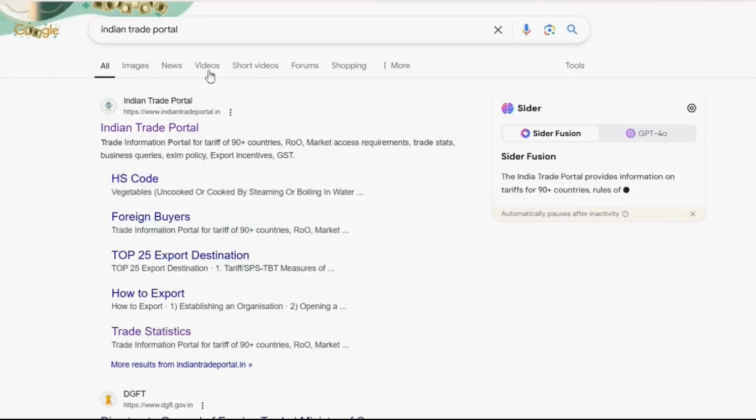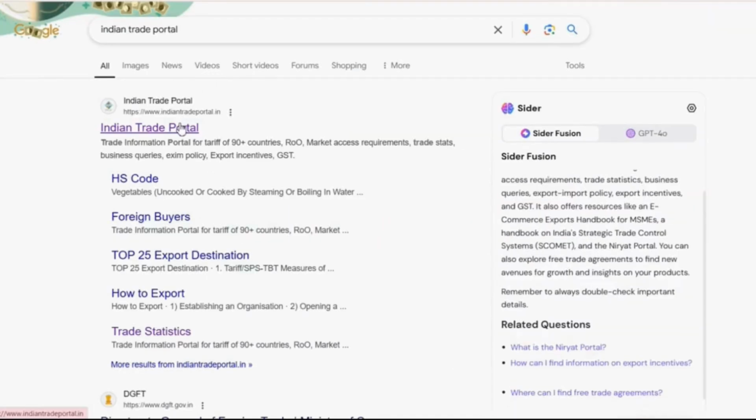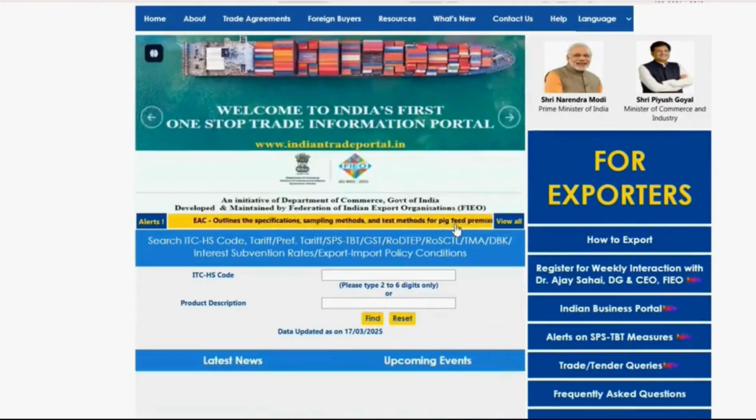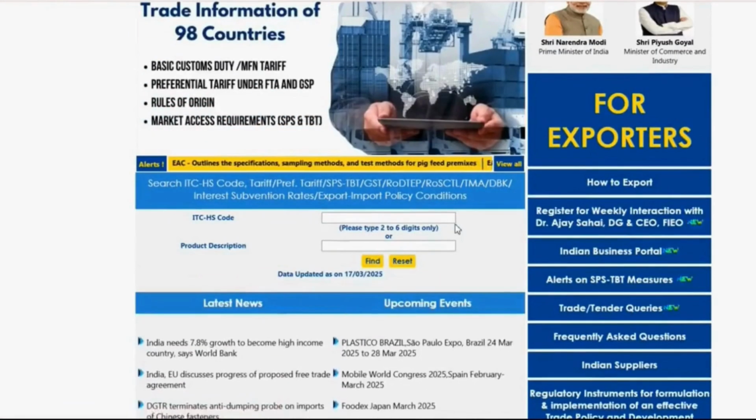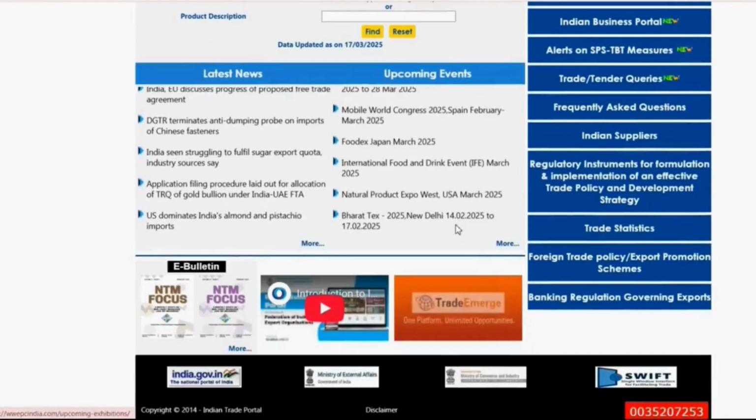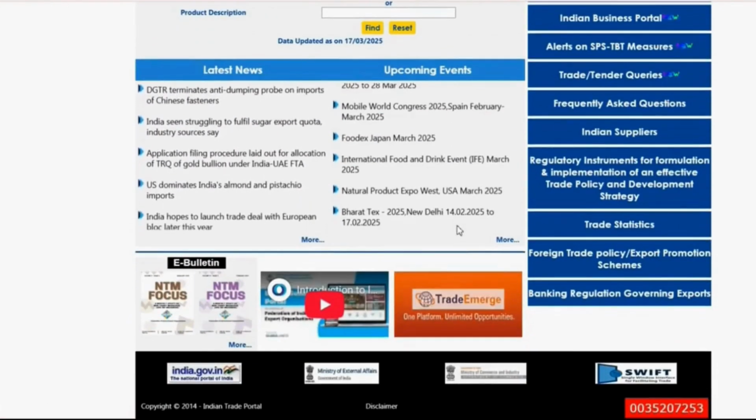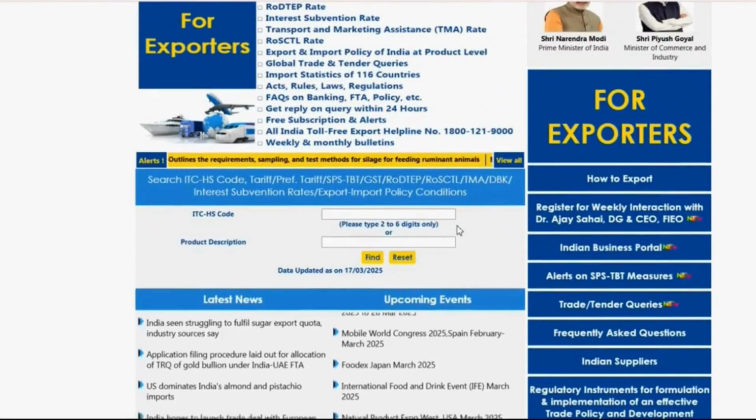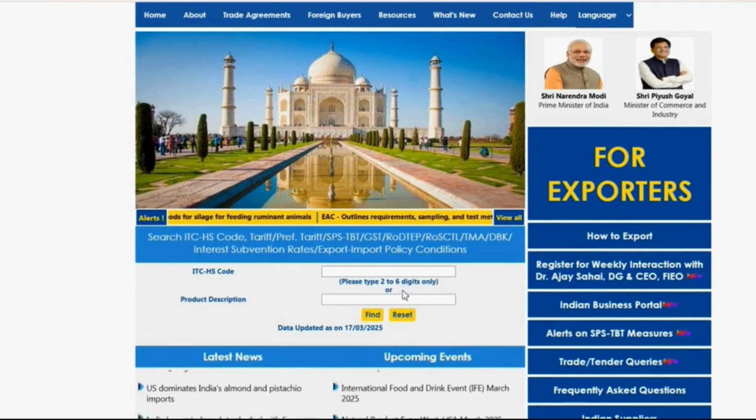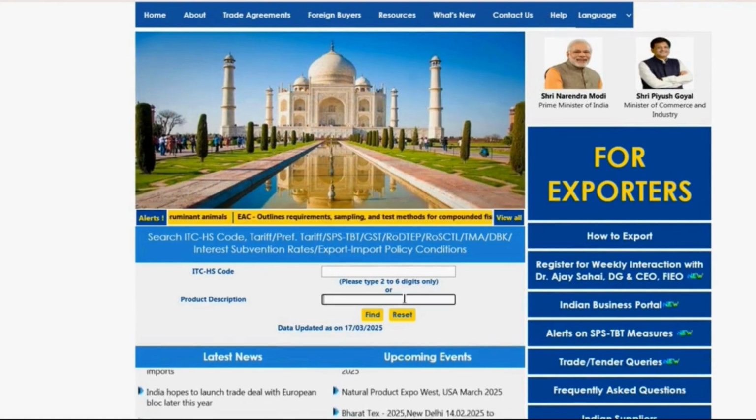To begin, open your preferred web browser and visit www.indiantradeportal.in. This official portal, developed and managed by FIO, provides critical trade information, including export-import data, product-wise tariff details, and market intelligence. The homepage offers direct access to essential features such as trade statistics, tender and trade opportunities, and export promotion